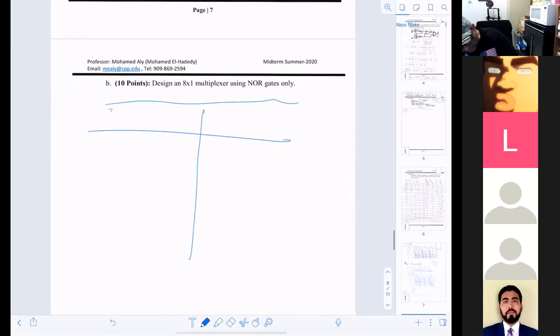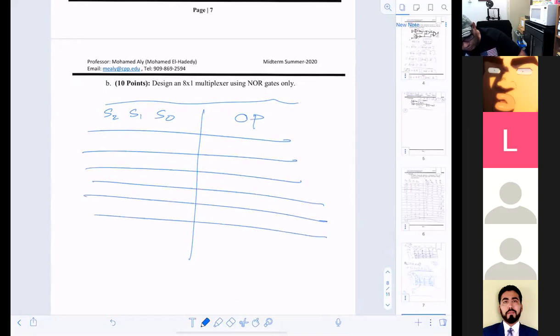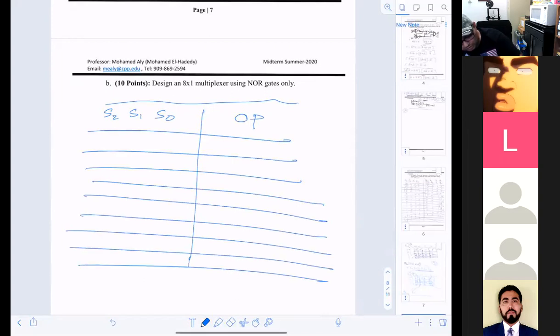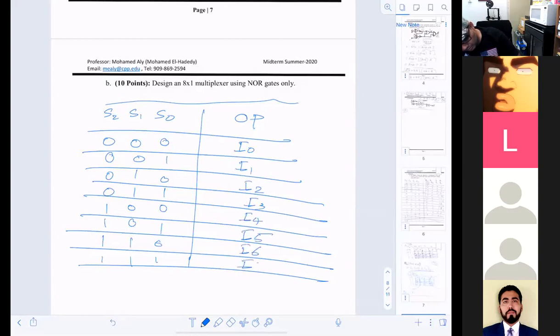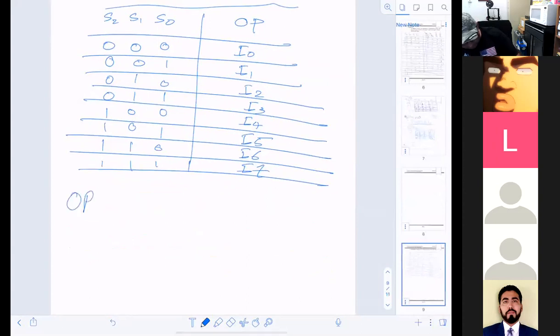S2, S1, S0, right? And I say output, for instance. I can just number 1, 2, 3, 4, 5, 6, 7, 8. That's one way. So 0, 1, 0, 1, 0, 1, 0, 1, then 0, 0, 1, 1, 0, 0, 1, 1, and 1, 2, 3, 4, 1, 2, 3, 4, right? When it's 0, it's going to be I0, I1, I2, I3, I4, I5, I6, I7, right? So I can write an operation as a function of those, which is equivalent to